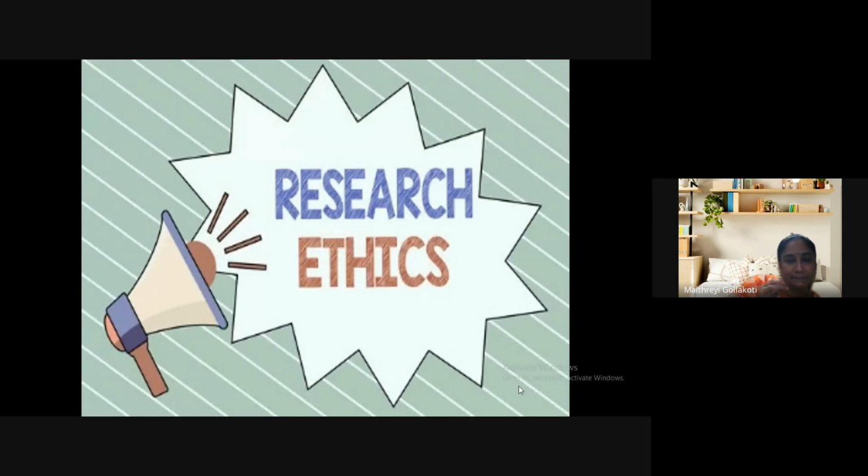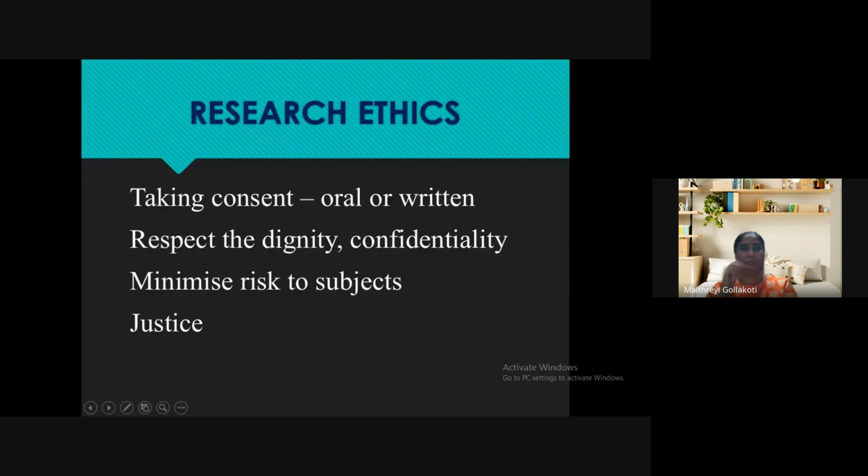Next, research ethics. Yeah, as I told at the very beginning of the seminar, ethics is very important for a researcher. It is the duty of the researcher to take responsibility for what he or she has invented and to give the people the truth about it. What are the advantages of it? What are the disadvantages of it? What are the threats that might come from that discovery? Or what are the safe things that might come out of that discovery? It is very important for the researcher to follow these ethical values.